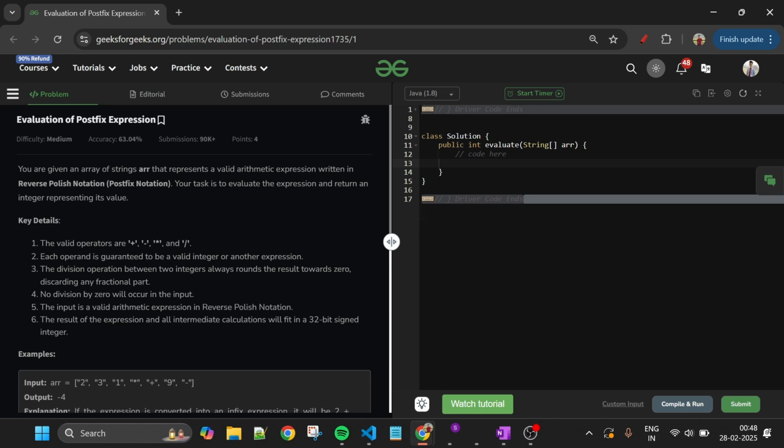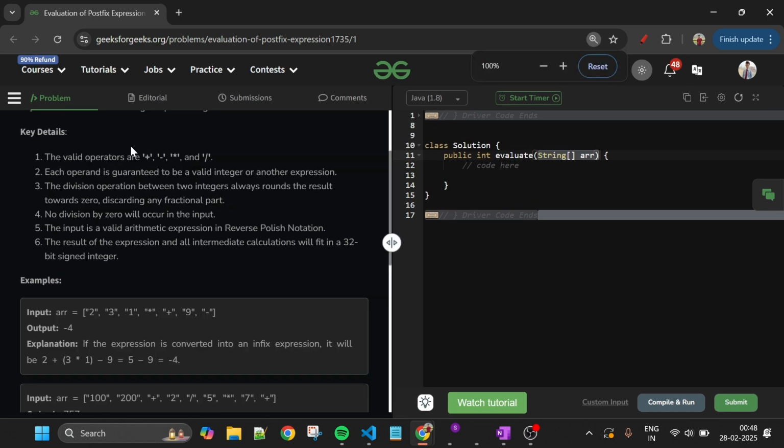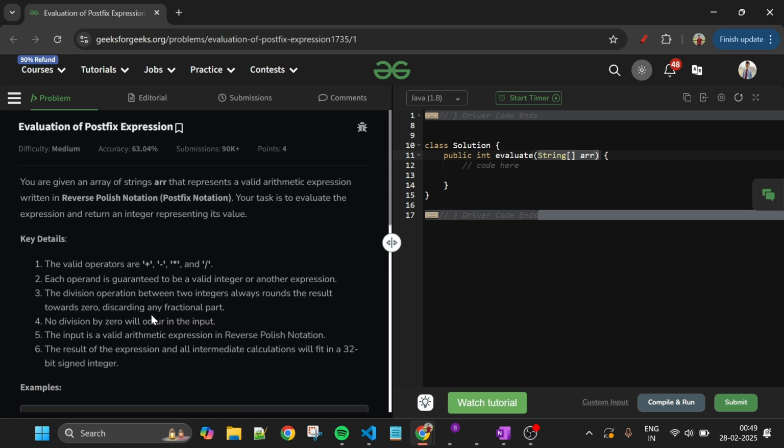So we will be given one array ARR of string type, and the ARR elements can only contain some digits like 2, 3, 1, and some operators. The operators which are allowed are only plus, minus, multiply, and divide. So these operators and the numbers can only be present in this string array ARR, and the numbers will also be present in string form. Okay, so this is what we are given, and now what we have to do,